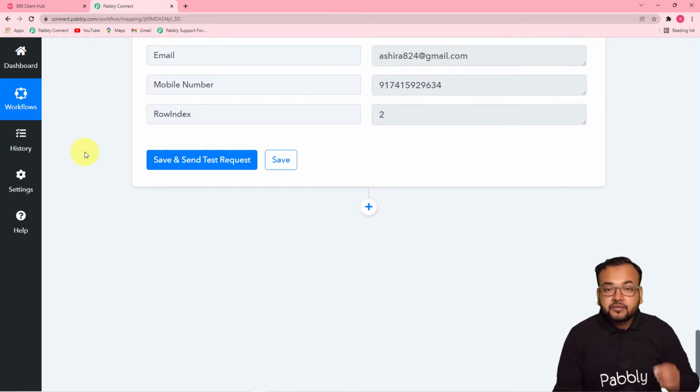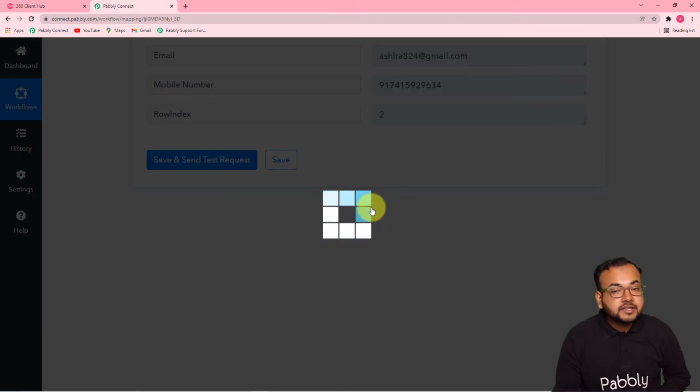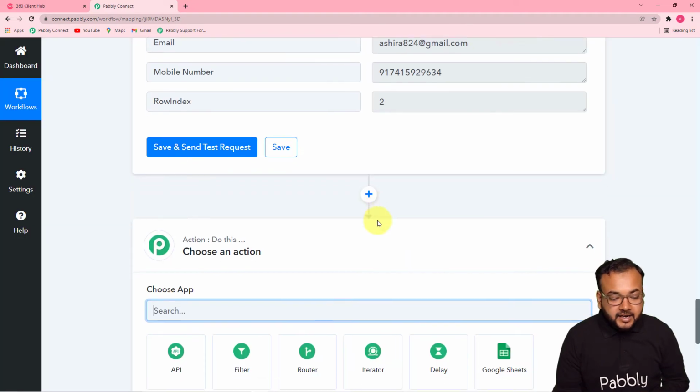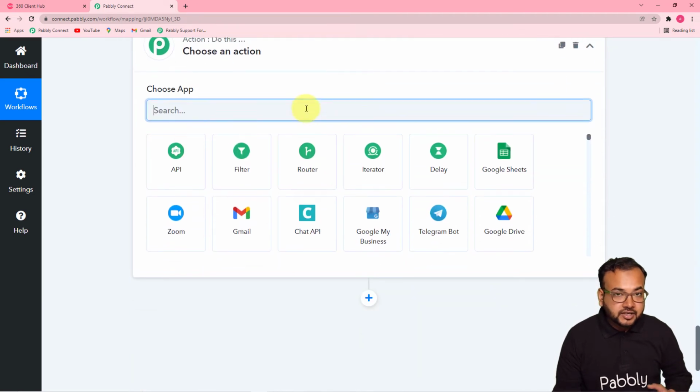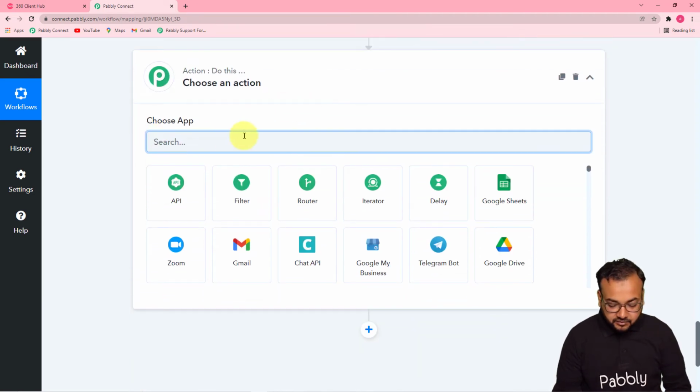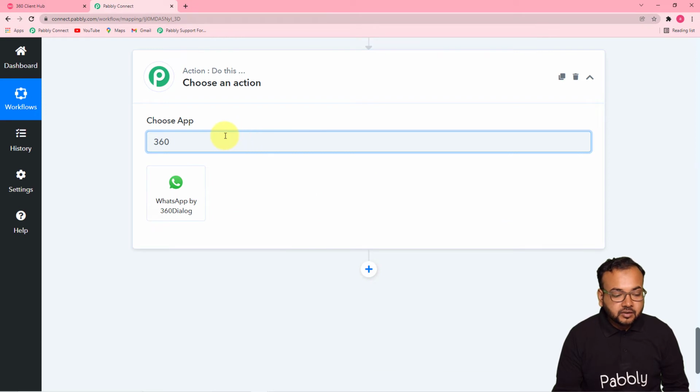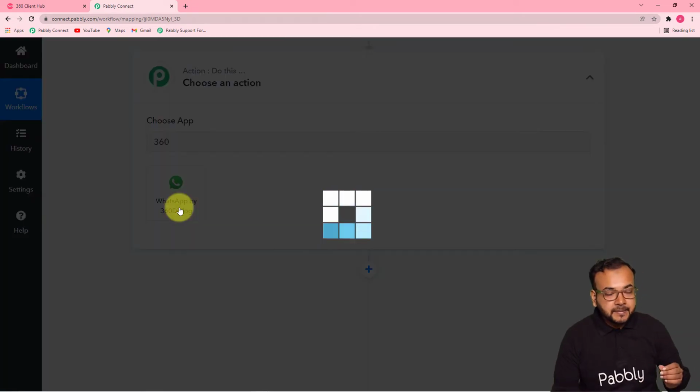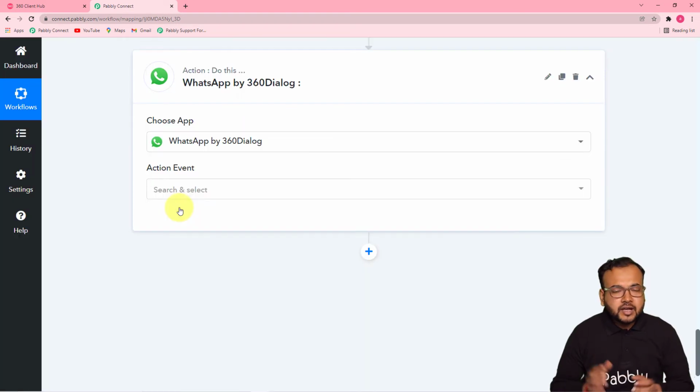Now we want to send alert messages on WhatsApp. For that, what you have to do, you just have to click on this plus icon, and from this choose app, another action step, from this choose app field you have to select 360 dialog, this one, WhatsApp by 360 dialog application. So this is another application, and now you guys are wondering why we are using another application to